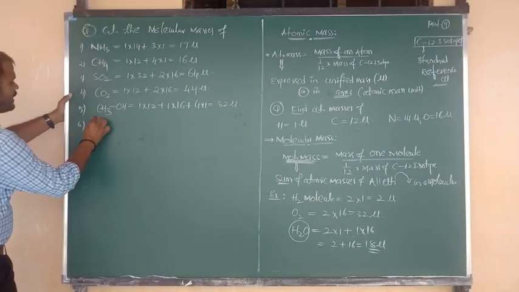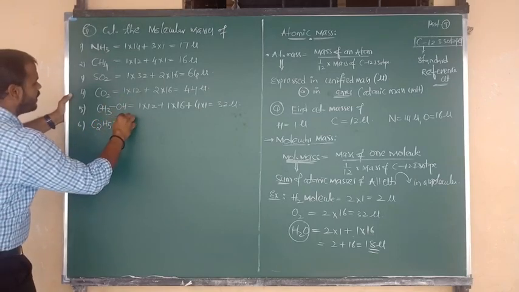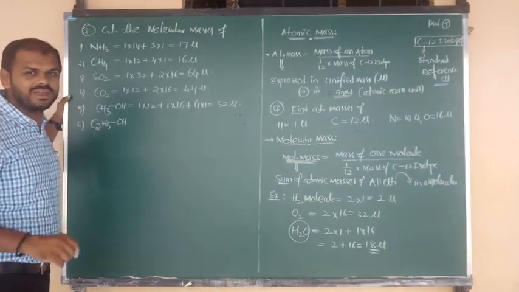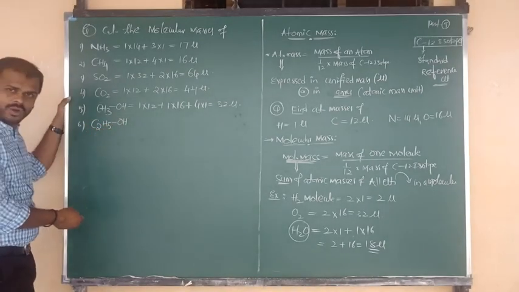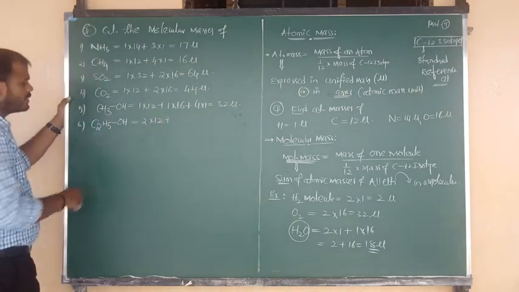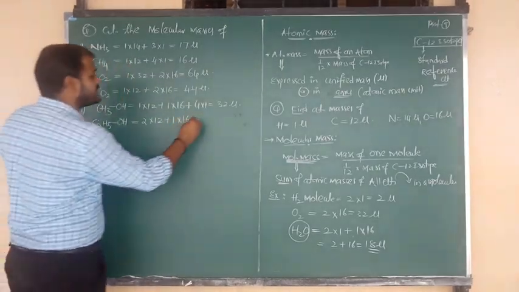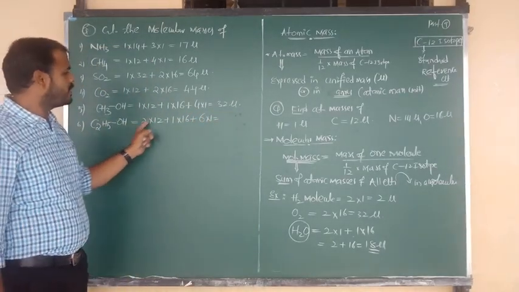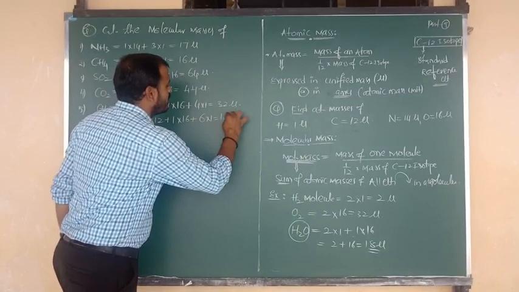Next I am going to write ethyl alcohol. The formula of ethyl alcohol is C2H5OH, and also we can write CH3CH2OH. You know that very well. You have studied it in the last chapter, carbon compounds. Ethyl alcohol C2H5OH. Here number of carbons is 2. Each carbon atomic mass is 12 units. Oxygen is 1, its mass is 16. 5 plus 1, 6 hydrogens are there, again each hydrogen contains 1. So here 12 2s are 24. 24 plus 6 is 30. 30 plus 16 we have to say 46 units.